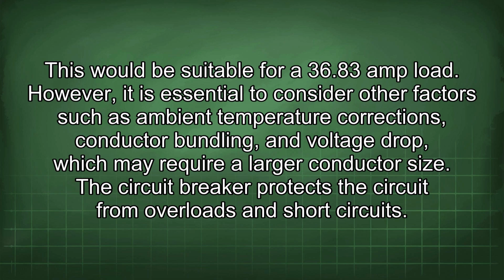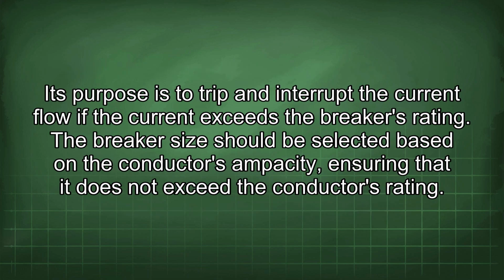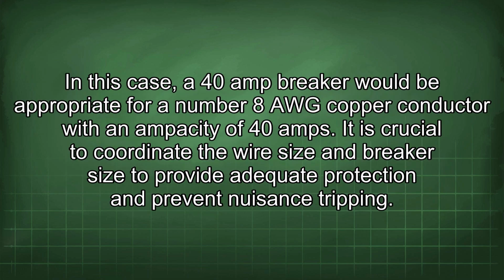The circuit breaker protects the circuit from overloads and short circuits. Its purpose is to trip and interrupt the current flow if the current exceeds the breaker's rating. The breaker size should be selected based on the conductor's ampacity, ensuring that it does not exceed the conductor's rating. In this case, a 40 amp breaker would be appropriate for a number 8 AWG copper conductor with an ampacity of 40 amps. It is crucial to coordinate the wire size and breaker size to provide adequate protection and prevent